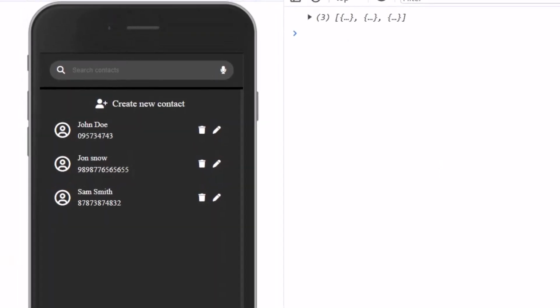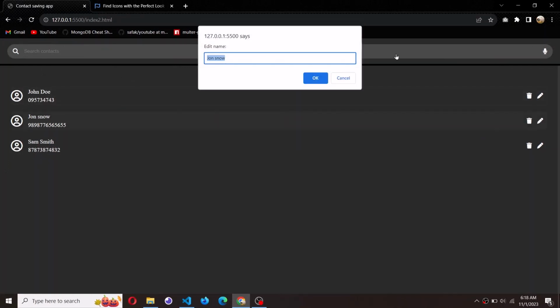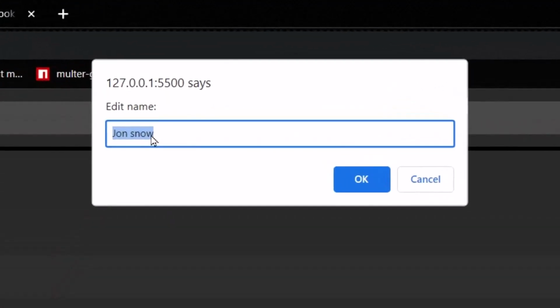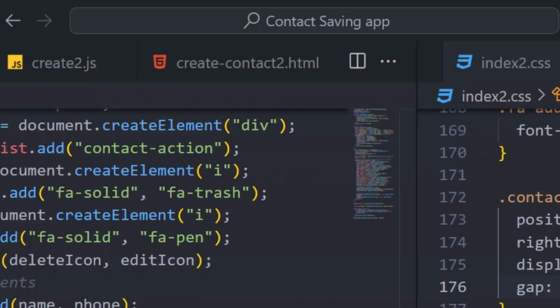I come here, let me just go full screen and then click on this edit. You see that the Jon Snow will be passed as a default value to the dialog. Okay, so I'll maintain the Jon Snow like that, and let's say I click cancel for the email. Okay, and then, you see that it tells me that the action has been reversed, and the reason is